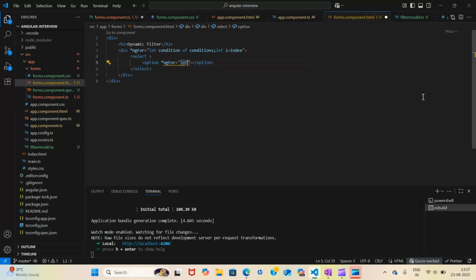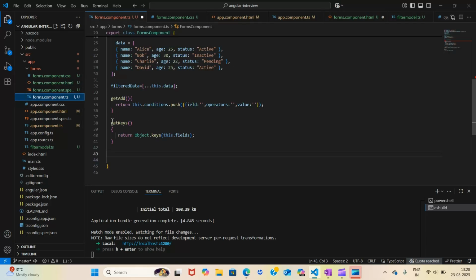So let option of options. Now these options are my keys, right? This getKeys. Here Object.keys was my fields.